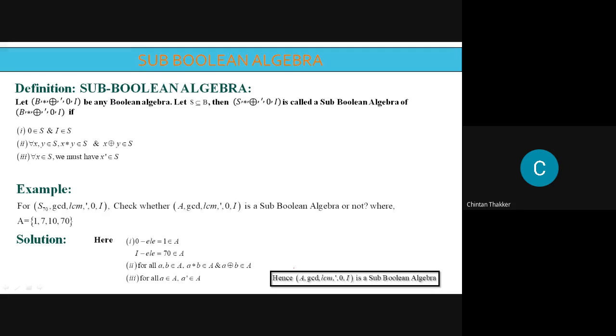We find the tables of GCD and LCM, union and intersection, right? So same thing here you have to do. Here, if we want to prove that this set is a sub-Boolean algebra, then